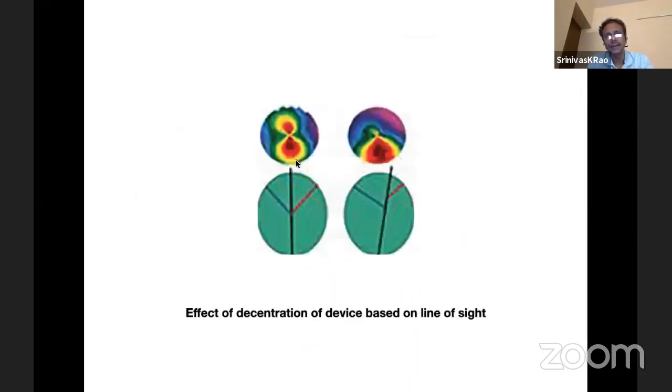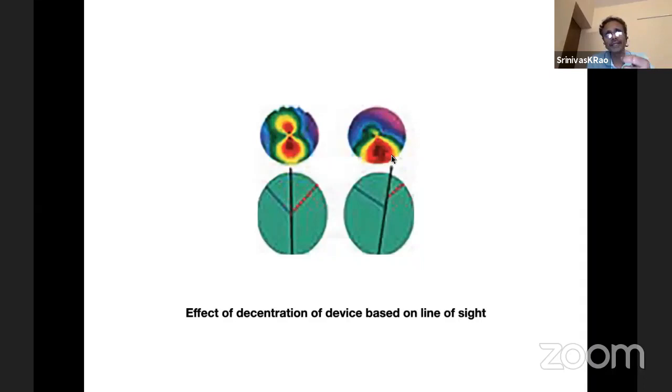So this is the keratoconus. This is the bow tie astigmatism, which is a normal line, if it is aligned. If the patient's visual axis is not aligned with that of the machine, then the same astigmatism, or the same bow tie, will look like an inferior steepening. And this is very dangerous because these eyes generally are ruled out of corneal refractive surgery. Most of us would not touch these.